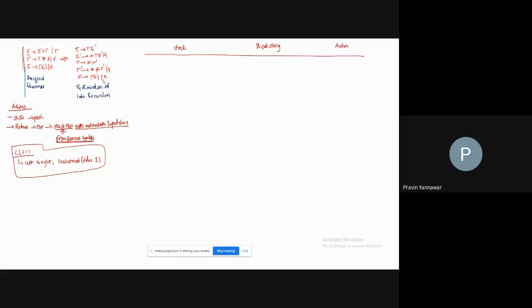When we remove the left recursion, we reorganize the grammar in this way: E implies T E dash, E dash is plus T E dash or epsilon, T is F T dash, T dash is star F T dash or epsilon, F is opening bracket E closing bracket or a. This is the modified grammar, and we refer to this grammar